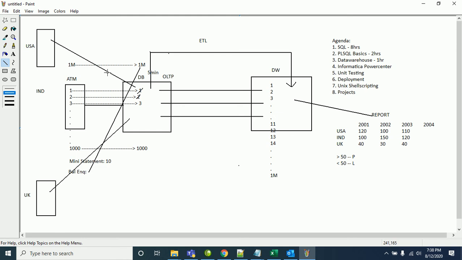Okay, so we know that whatever the transactions made by the user from different locations or from different applications, first it is going to be inserted into the OLTP database. Okay, the same transaction data we also have to insert into the data warehouse, right, to maintain the historical data. Whose responsibility is it to extract the data from the OLTP database, transform and load into the data warehouse? ETL